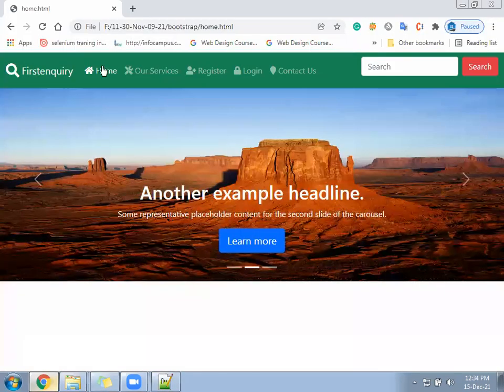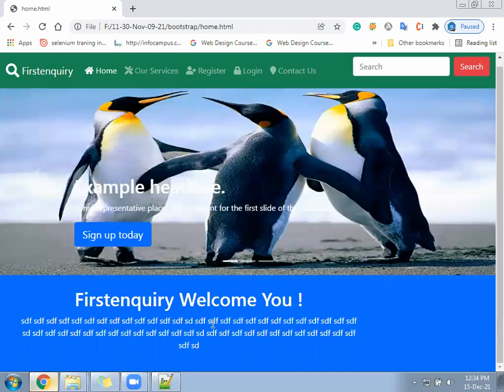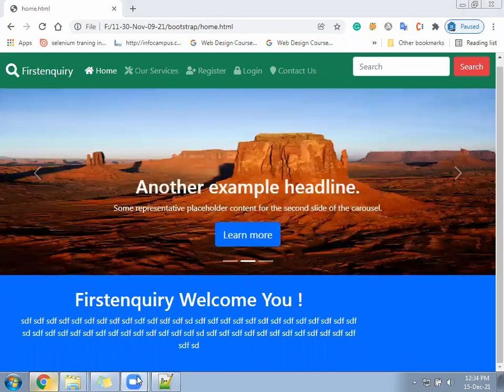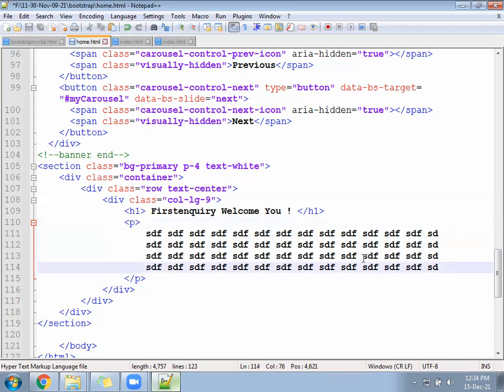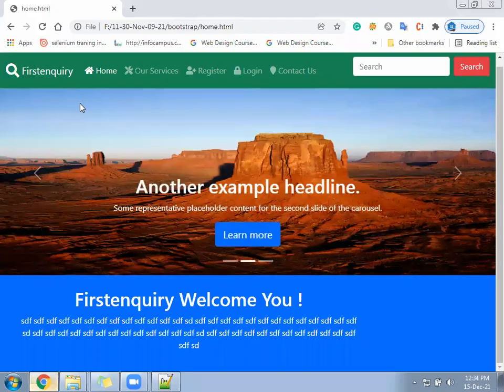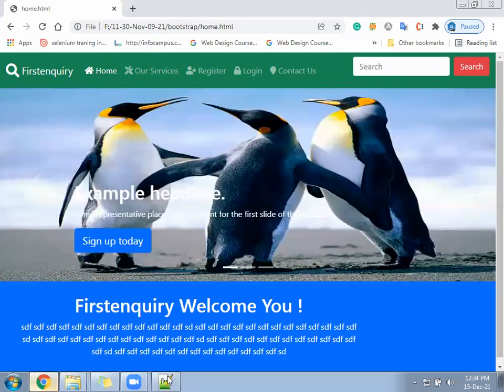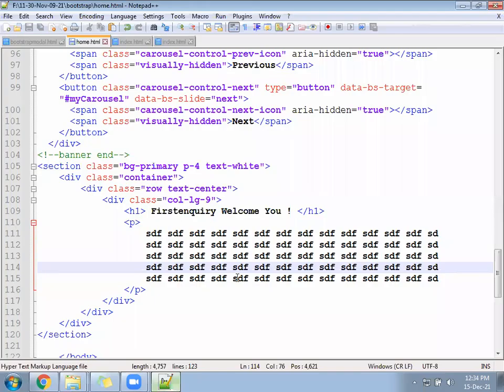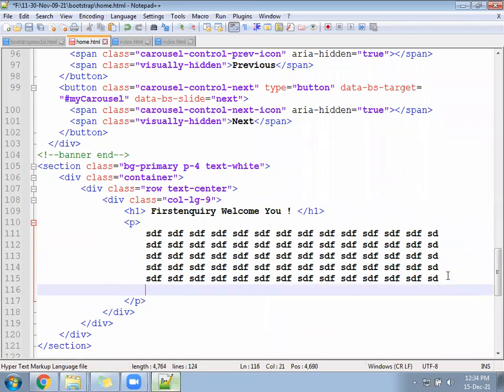Hope it is written, please check once. How much is it covering? First left. Okay, so there is somewhat less content. Let me increase it a little. At least three lines it should cover. So it is here somewhere. Okay, a little more is required. Some more lines we need to add. It should not be something here and there. It should be well aligned properly.